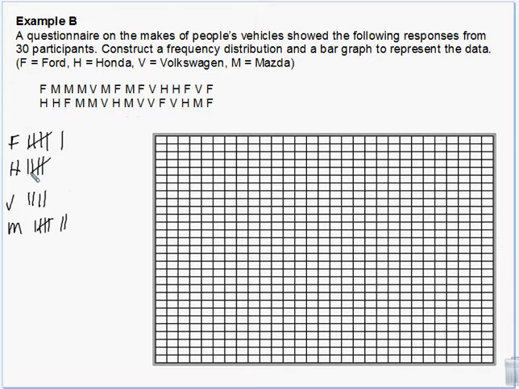Honda, Mazda, Volkswagen. Volkswagen, Ford, Volkswagen. Oops, Volkswagen, Ford, Volkswagen. And then Honda, Mazda, Ford. Okay, so there's 8 Fords, 6 Hondas, 7 Volkswagens, and 9 Mazdas. Two, 4, 6, 8, 10. Okay. And then